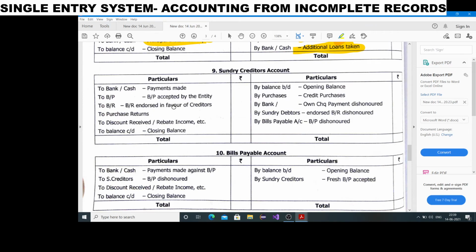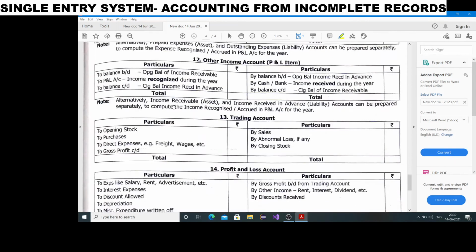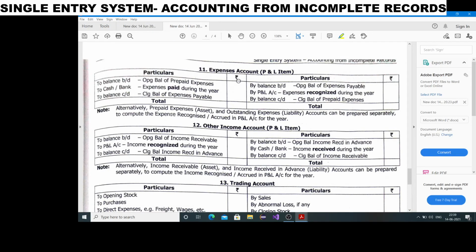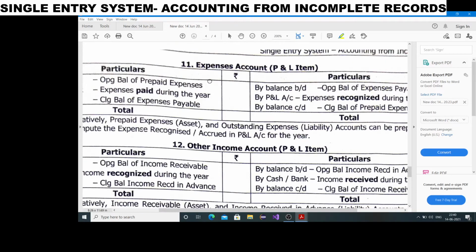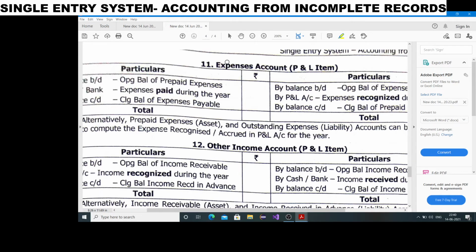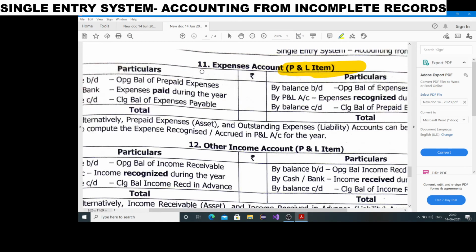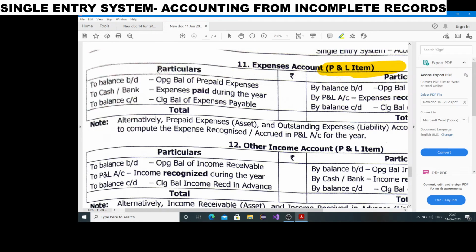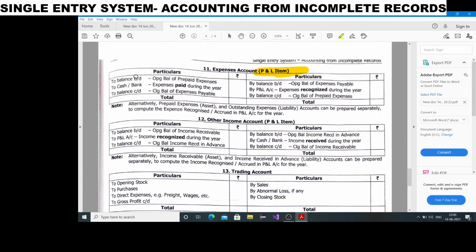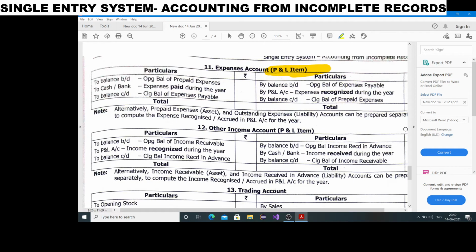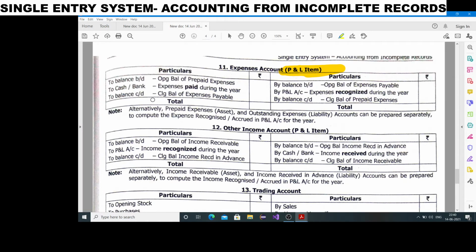Anything new which I can explain to you out of this is the expenses account. When it comes to the expenses account, we write the expense in the P&L account, right? We write all the indirect expenses in the profit and loss account, and all the indirect income on the credit side of the profit and loss account. So for indirect expense, if you have the opening balance of prepaid expenses, for example, 3000 is your prepaid expense